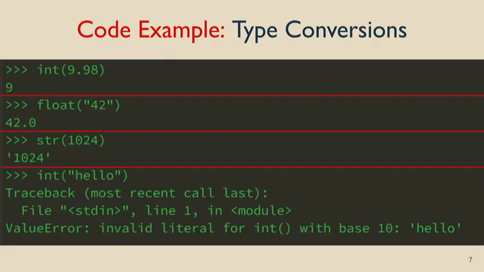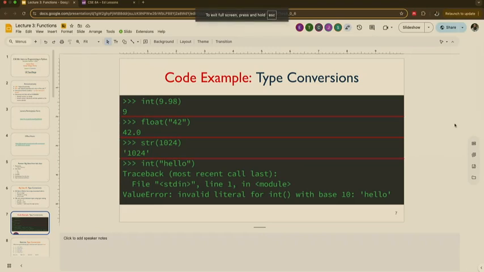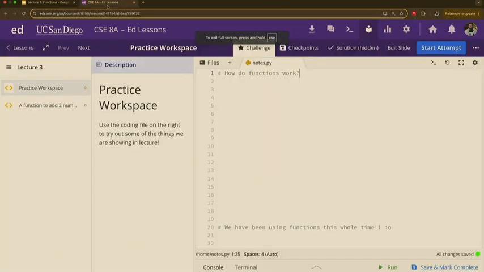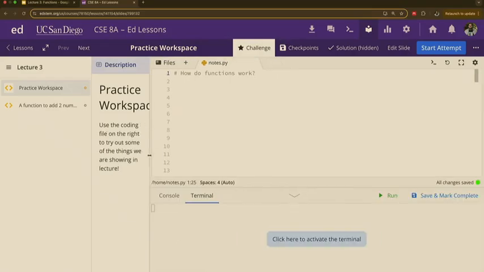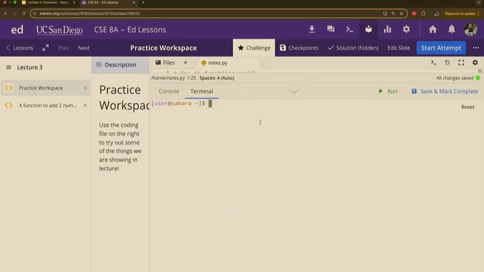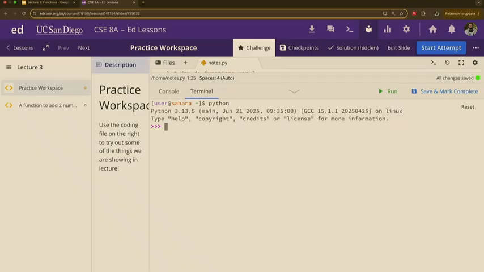All right. So, we can look at some of these type conversions, right? Let's do it right here in our little terminal. So, as we showed before, when I write Python into the terminal, I just click enter, and I have this prompt. What is this called again? A prompt.